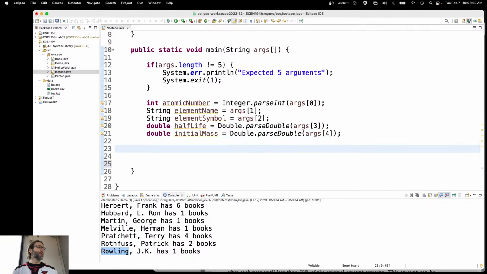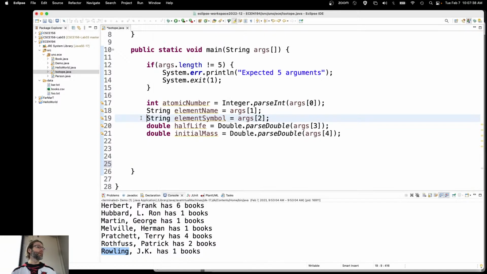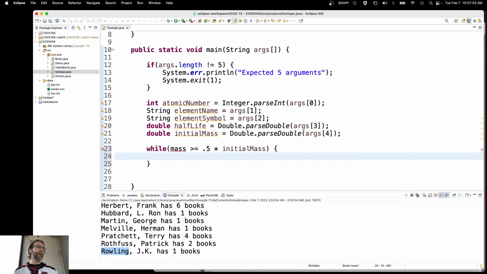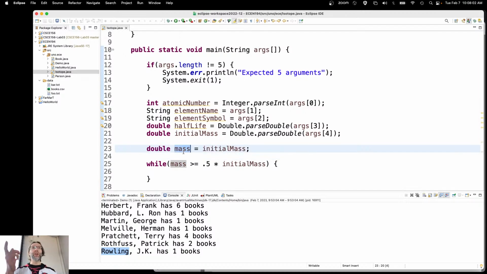Now I need to produce my table. Do we want a for loop or a while loop? I'm going to produce a table that looks like this, but it's going to keep going until I have less than half of the original initial mass. So what kind of a loop should that be screaming out to you? While the mass is greater than or equal to 50% of the initial mass, I will continue to decay. So I need double mass is equal to initial mass. I'll start out with 10 kilograms, but I'm going to change mass so that it's 9.76, 9 point whatever, until